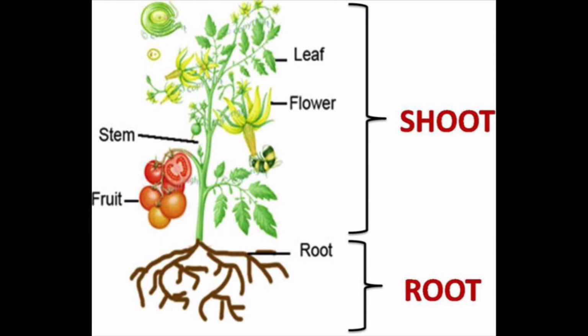So each and every part is very important for a plant. For example, the stem acts as the backbone for the plant, like how we are standing. In the same way, plants also stand